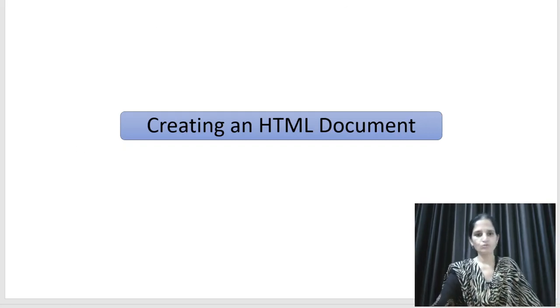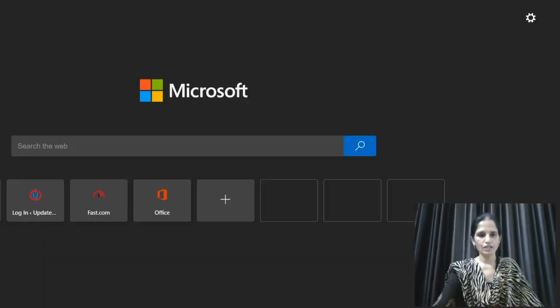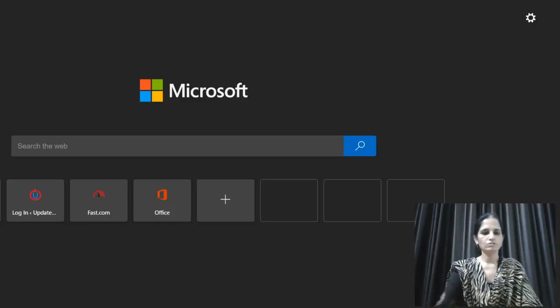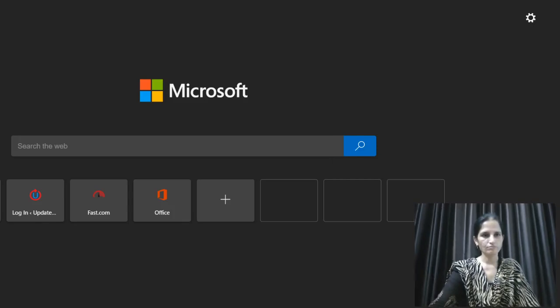Now how to view your web page. For viewing the web page, click on any web browser, and then click on the file menu, or directly press Ctrl O. Then you can search for your file, our file on the desktop, and the name is 10th class.